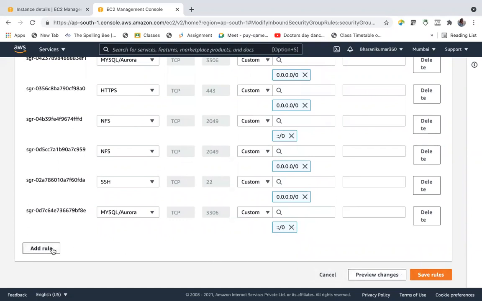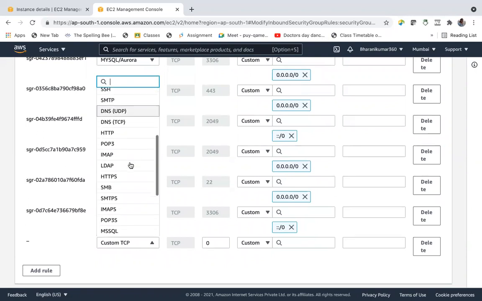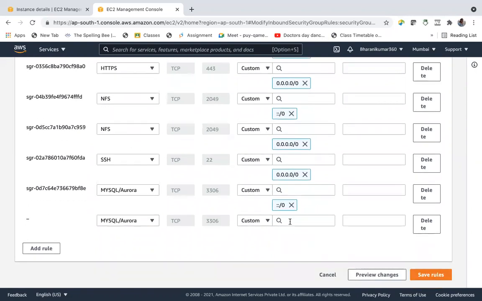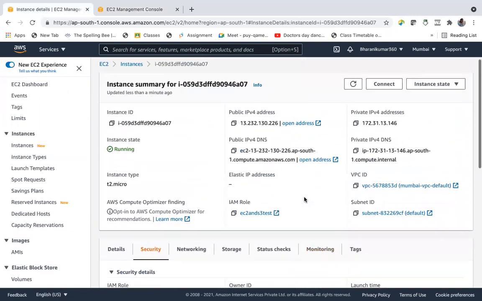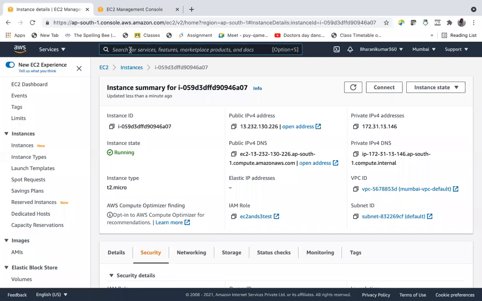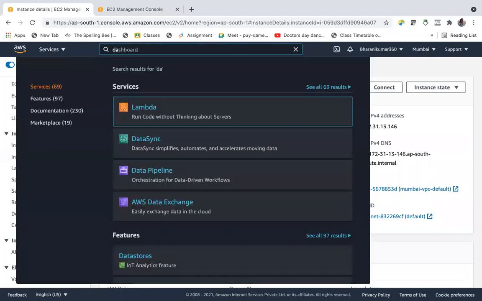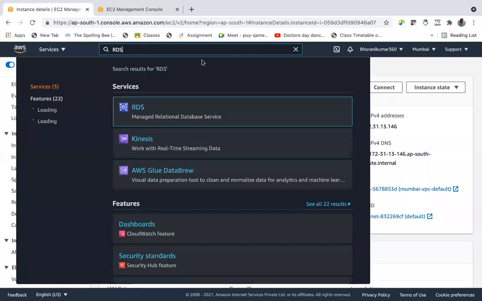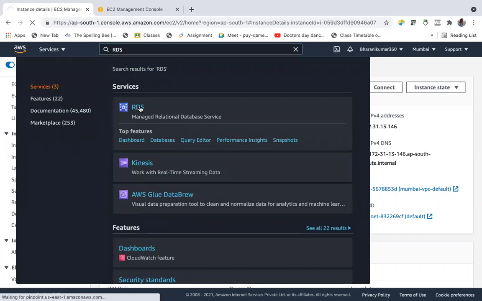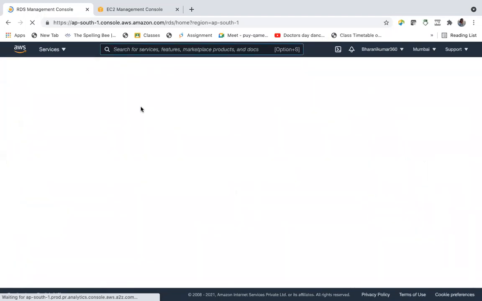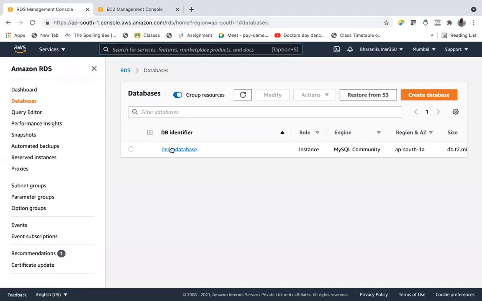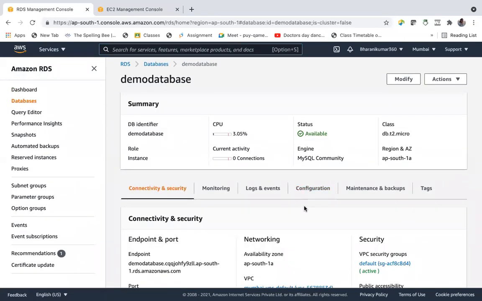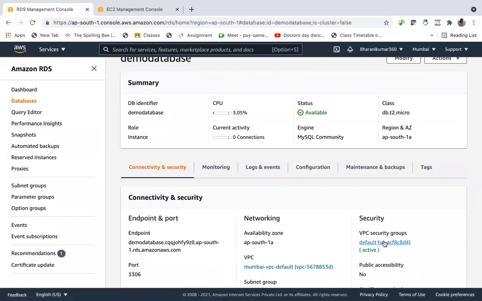Otherwise, add one more rule allowing MySQL from this security group.